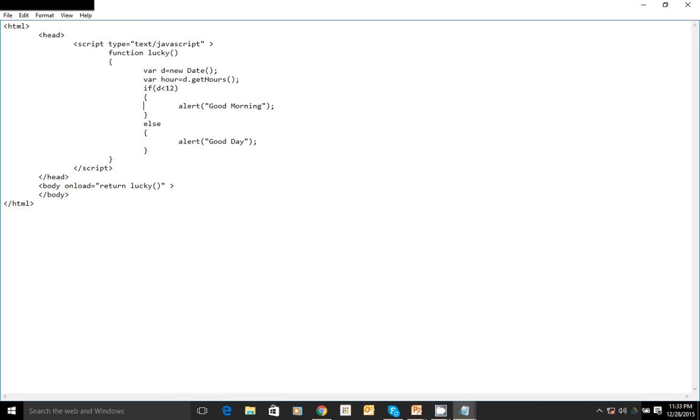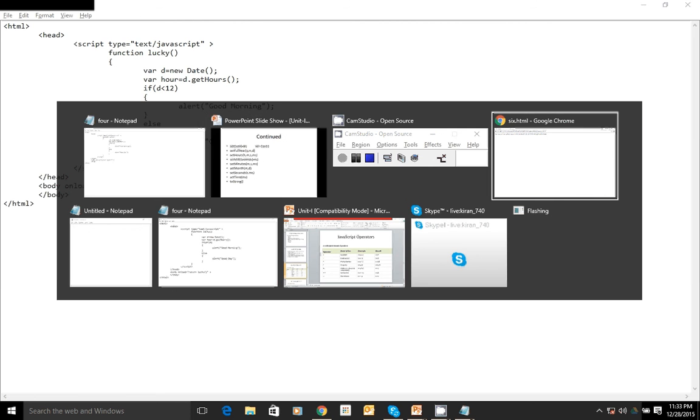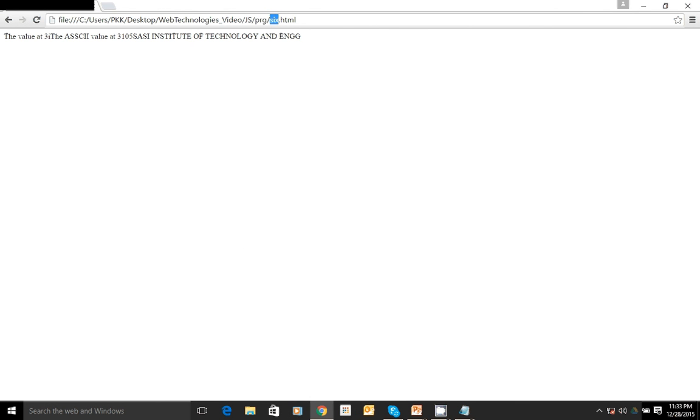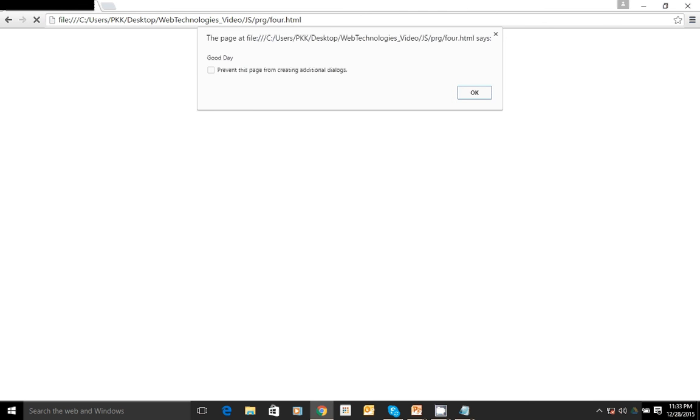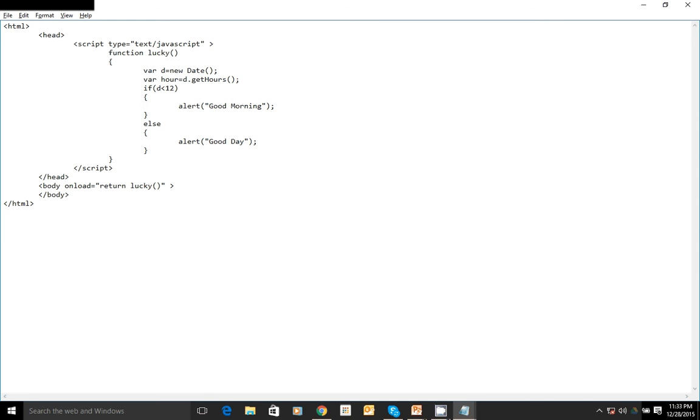Let's check how this program works. It says good day because right now the time is night. As per the 24-hour clock, the time right now is 23 hours 38 minutes.